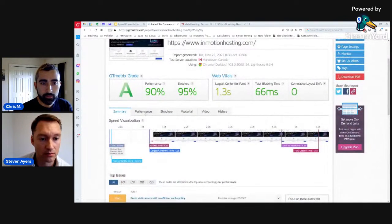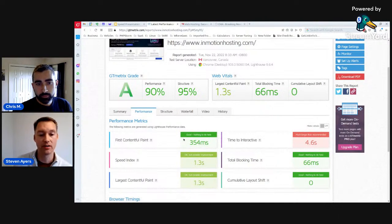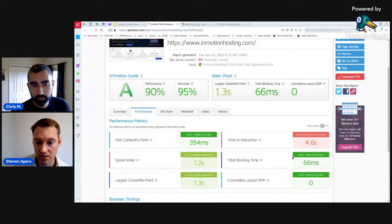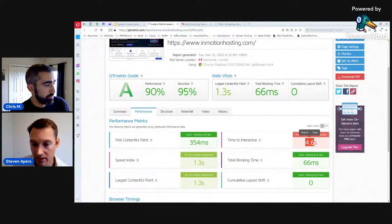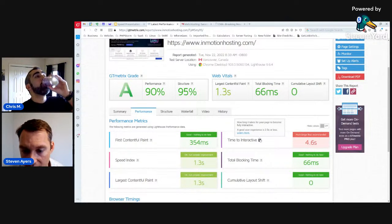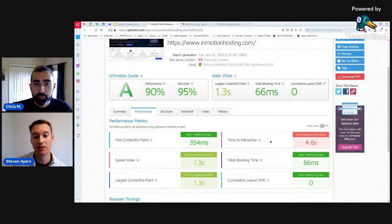But overall, and then here's a great feature, if you click on the performance, it'll actually give you a summary of all your stats as far as seconds. Time to interact, I don't know what they consider good. Look, so they're saying 2.5 seconds or less. So I like to look at 1 second, but it also depends on how complicated your site is,